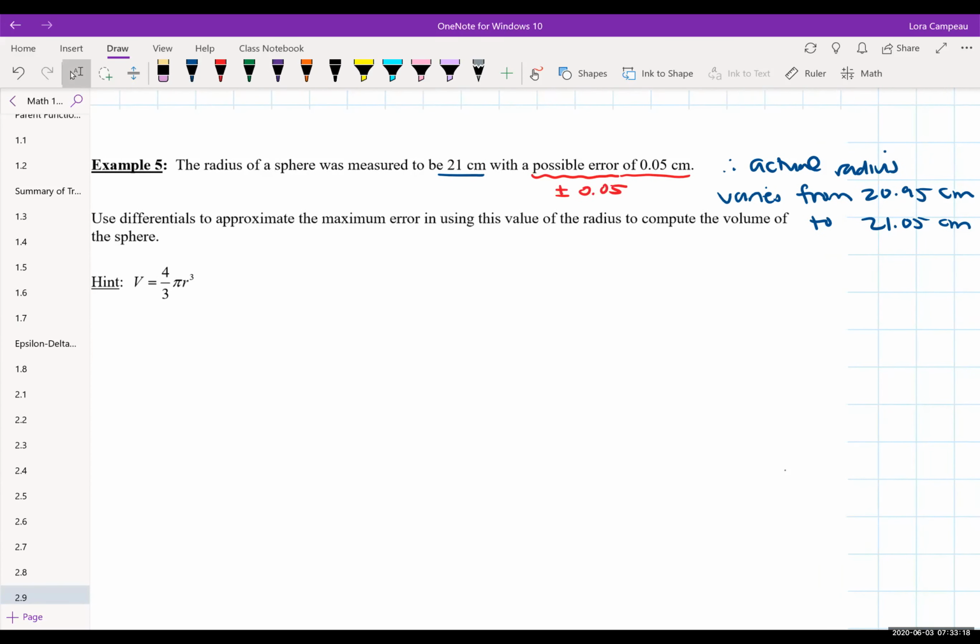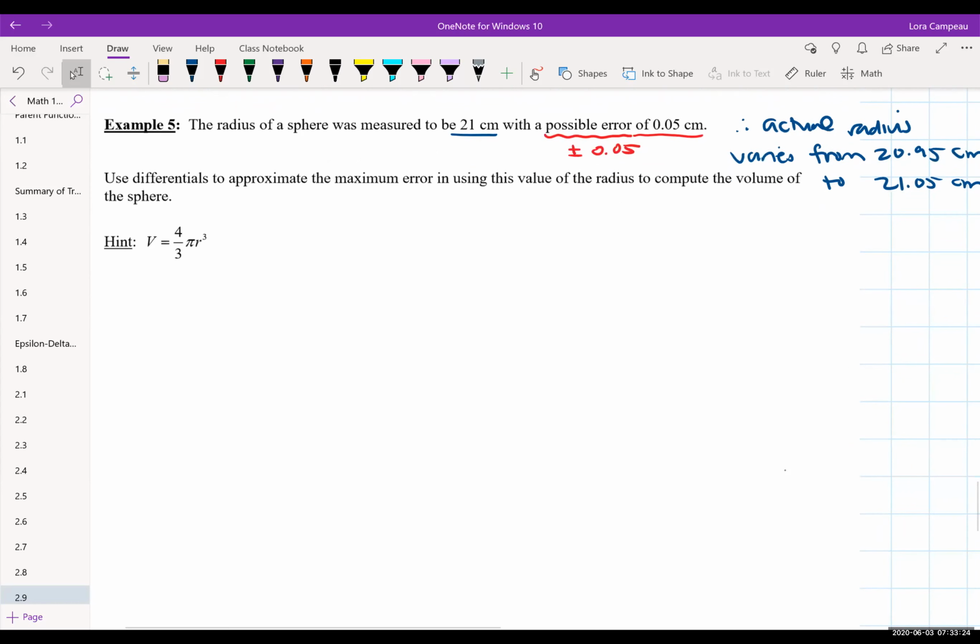And is this a big deal? I mean, sometimes to the human eye we might not be able to tell, but does it affect what's happening to the ball or the sphere, I guess, if we're talking about it this way? So the first thing you kind of want to play with when you're dealing with these ideas of differentials